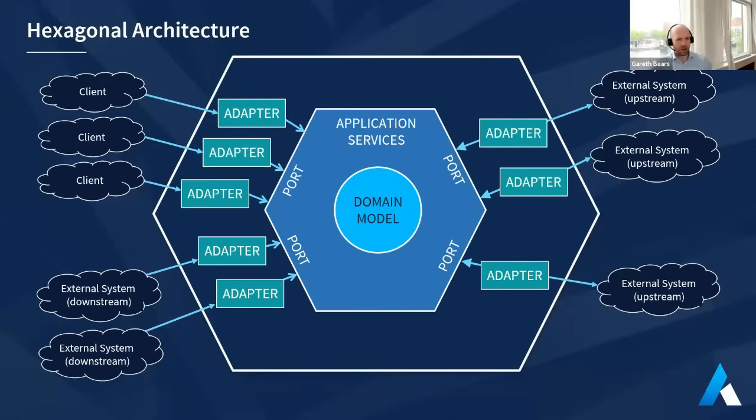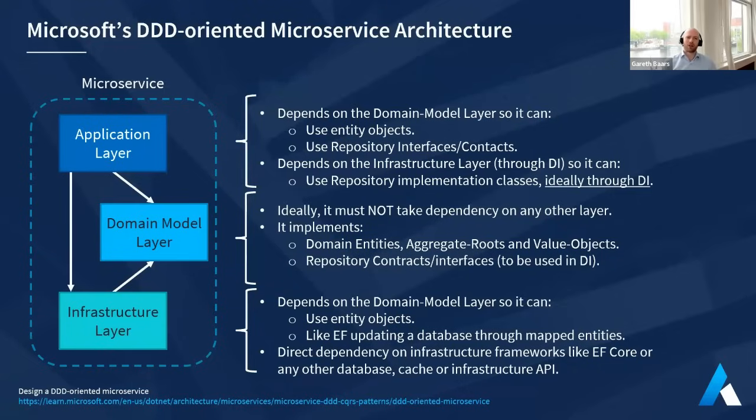And just to give you one other example here, just to really give you a feel for how these all fit together, if we took a look at Microsoft's DDD-orientated microservice architecture, it is exactly the same principles. They do simplify a little bit in the Microsoft way that they like to operate. And so we've got the domain model in the middle. We've got the application layer depending on that, and we've got the infrastructure layer depending upon that. And then what they like to do is they like to say that the application layer depends on the infrastructure layer, and that's technically not correct from a clean architecture perspective,